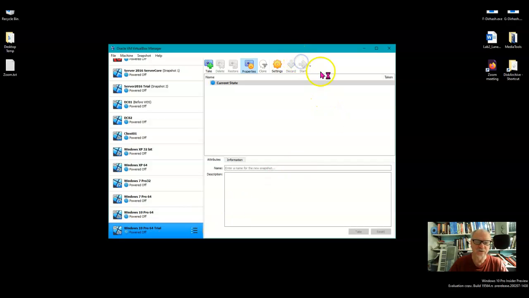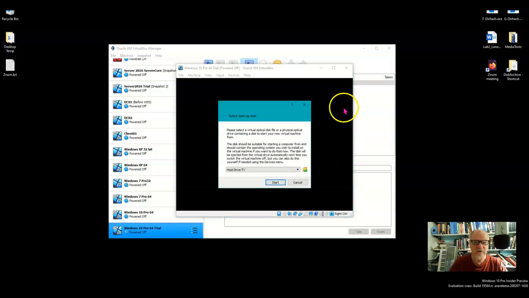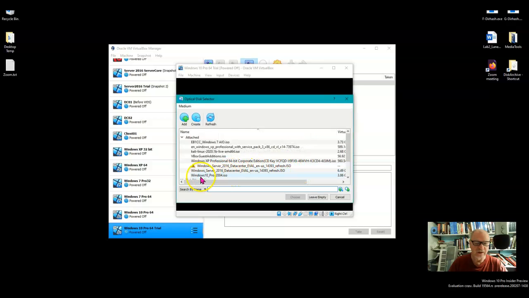All right, I'll go ahead and click Start. And the next thing it's going to ask me is, where is the ISO file that is the representation of the DVD that I'm going to be installing from? So I will click this little folder icon, and here's the one I'm going to be using. This Windows 10 Pro